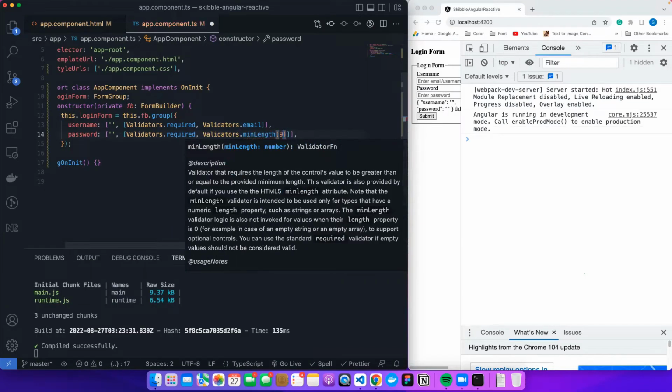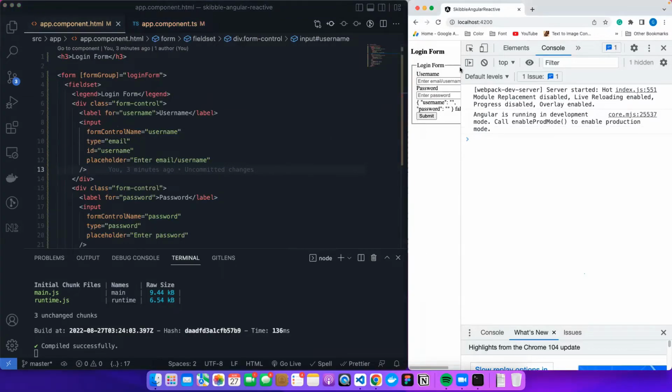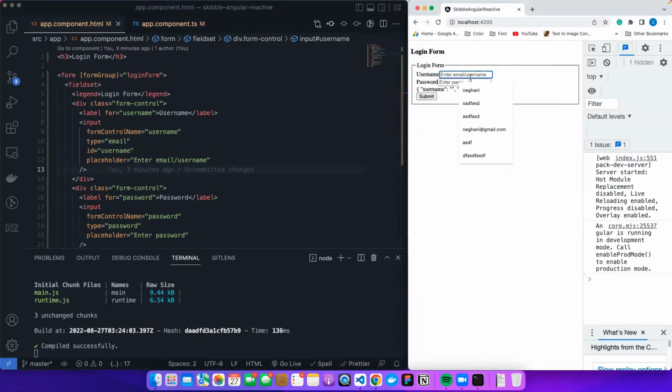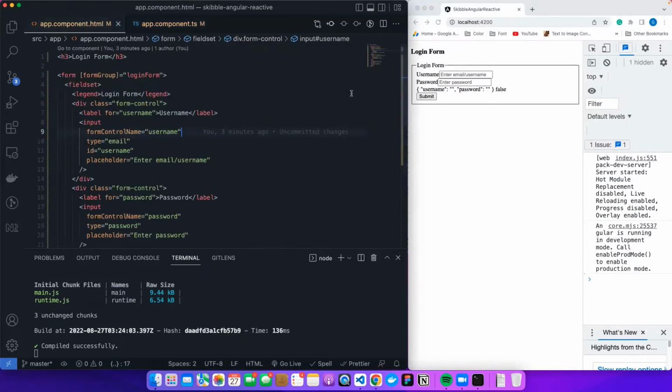I kind of overlooked that one scenario. So now if I go back, my form group is ready. I needed to add an array around the validators, so that was giving me errors. So now if I